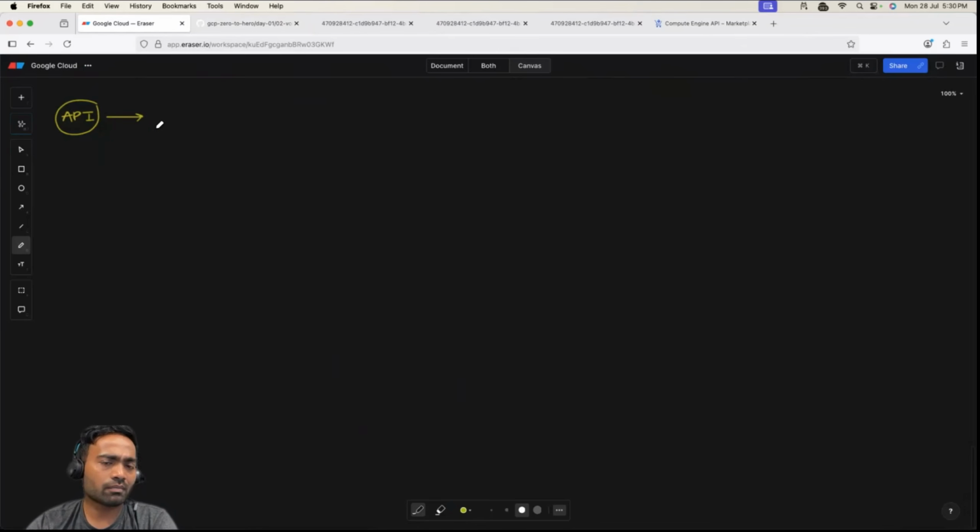What does that mean? For any application in the world, there are 3 ways of accessing the application. First way is through the user interface. Second way is through the CLI. Third way is through the API. UI, you already know, just like how you go to your browser and access google.com, let's say. CLI